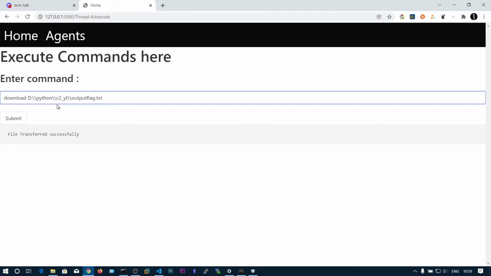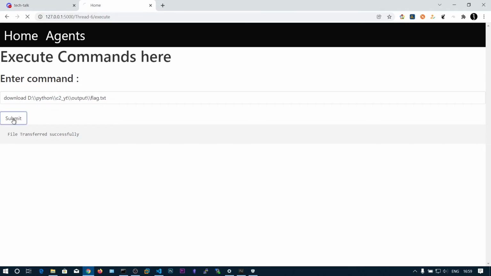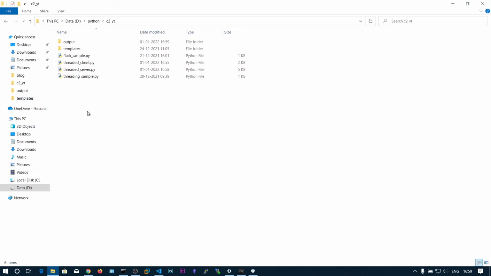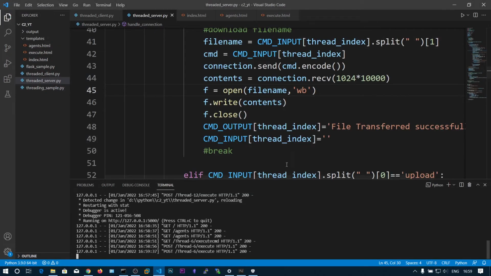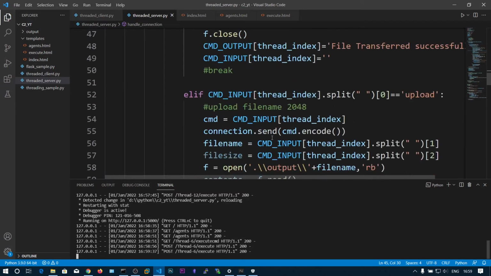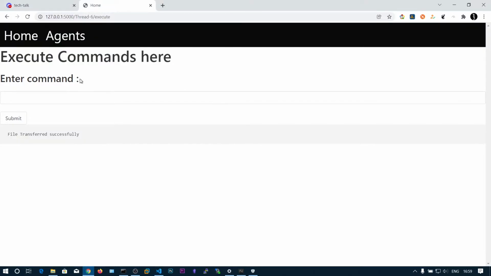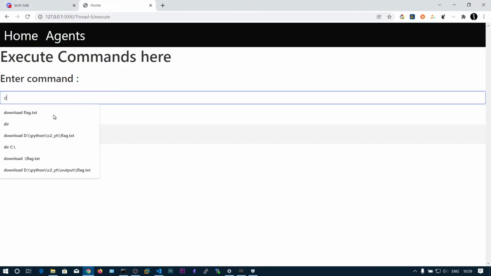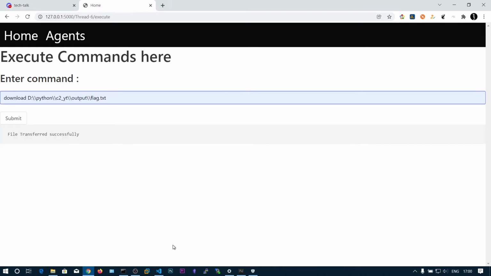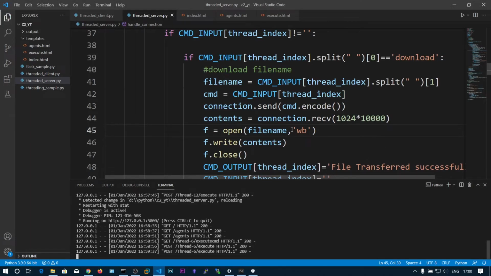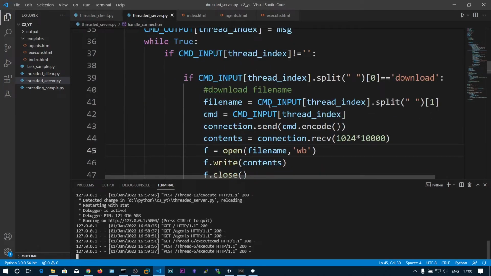So in the output folder we have the flag.txt, and let's go and submit this. And we did not get any file. Okay, I have understood. The same file path is being overwritten, so sorry for that. We need to change the output directory here.